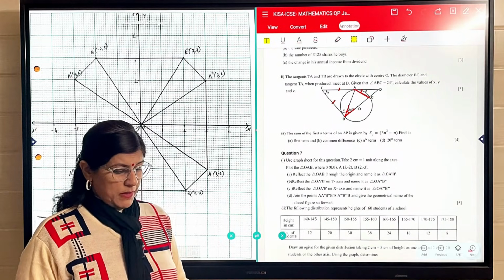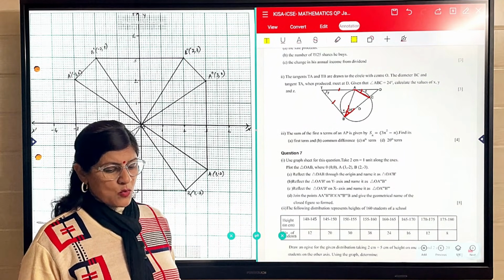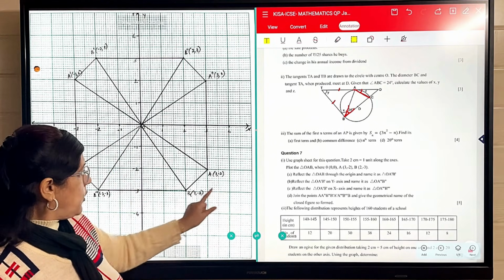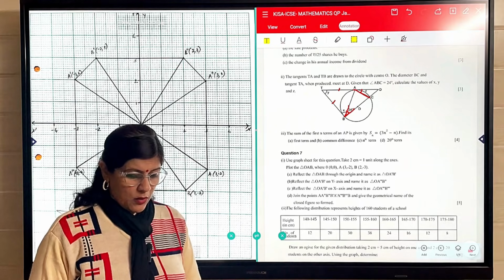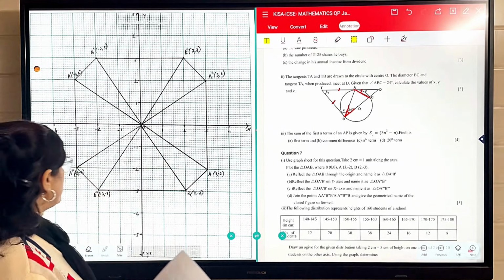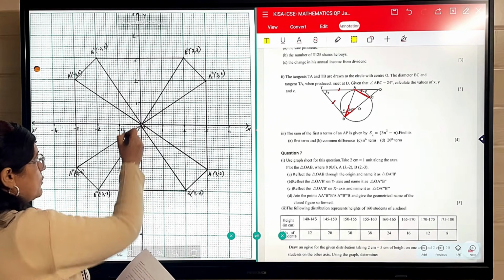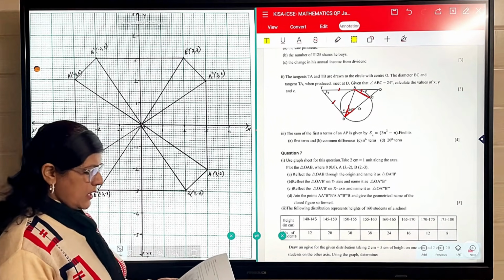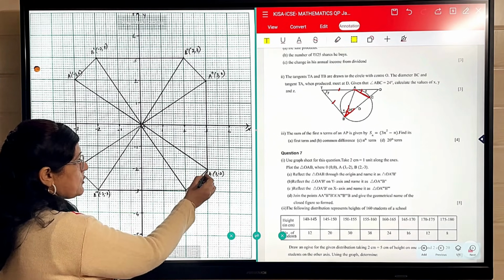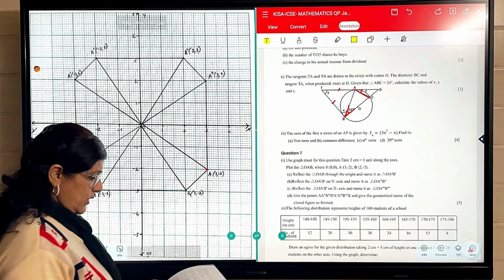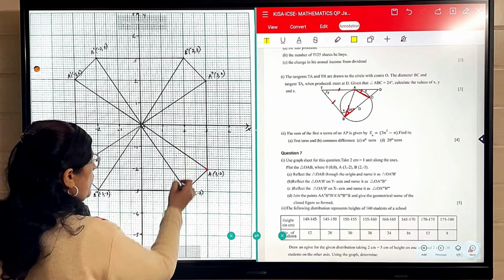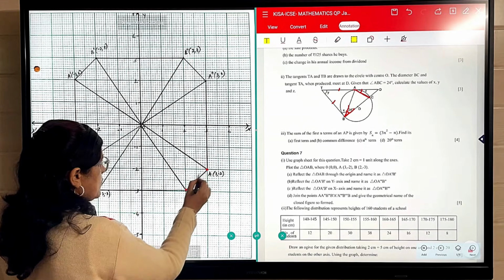Now question number 7 part 1, use graph sheet for this question. 2 centimeters is equal to 1 unit. So in the graph you have taken 2 centimeters for 1 unit along the axis. Plot the triangle OAB where O means our first point 0, 0, so we have to take it here. Next A is 3 comma minus 2. So x axis 3 and y axis minus 2. It means this is our point A, and then B is 2 comma minus 3. So x is 2 and y is minus 3, it means this. So this is our triangle.